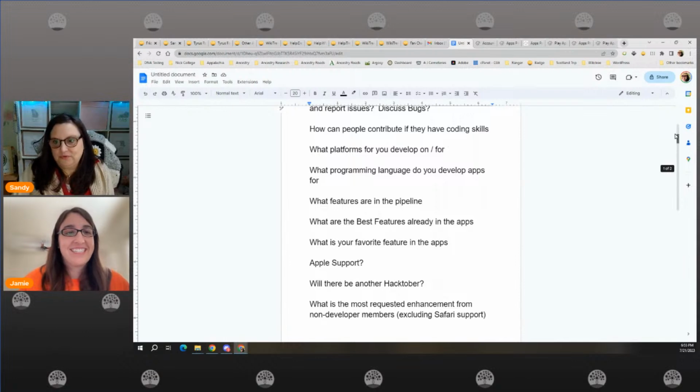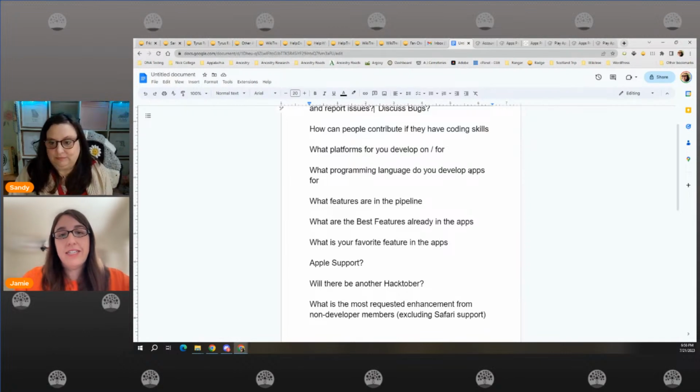So for developers, that's probably your best bet, to go to their Google group. Okay, so we talked about how people can contribute if they have coding skills. Definitely go to the project page, and there's a lot of information, a lot of links. There's a developer link, and there are links to GitHub as well. You could always just email me,